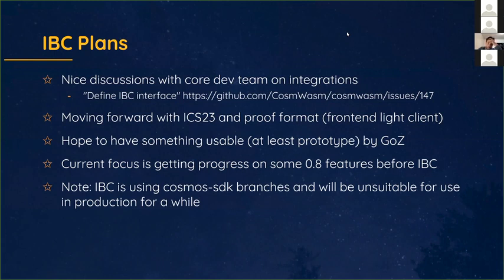We're also moving on ICS-23. I finished up some proof format stuff recently, and will hopefully help integrate that, advise integrating that into IBC. This is a generic, well-specified protobuf format for encoding Merkle proofs. There were some other JSON formats before, but this is a pretty generic one. It can represent different trees and tries, and